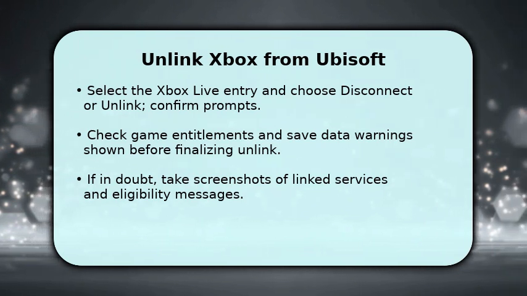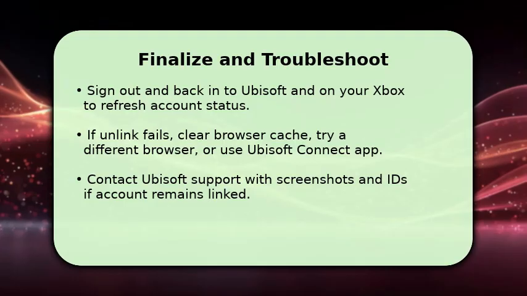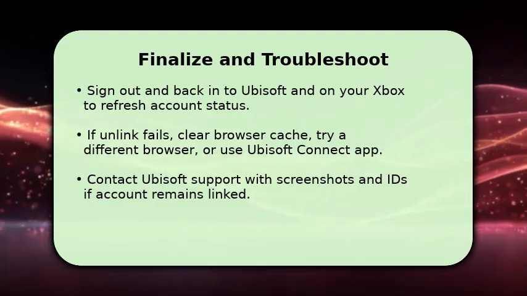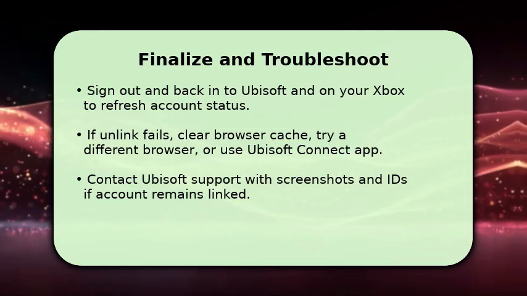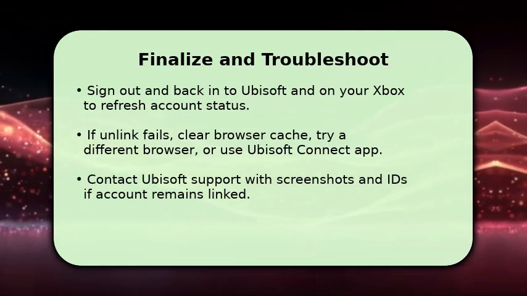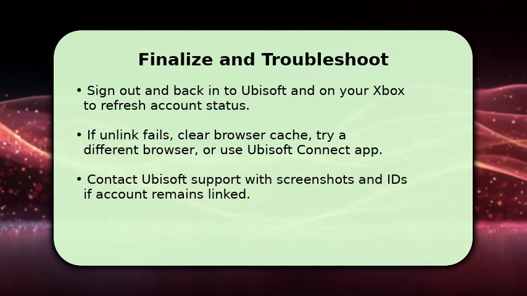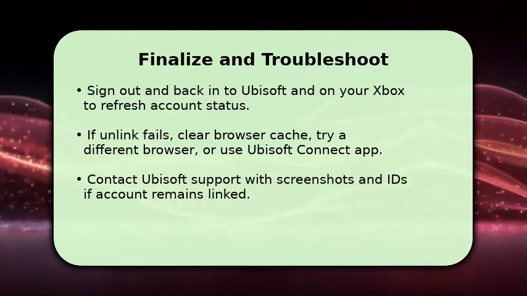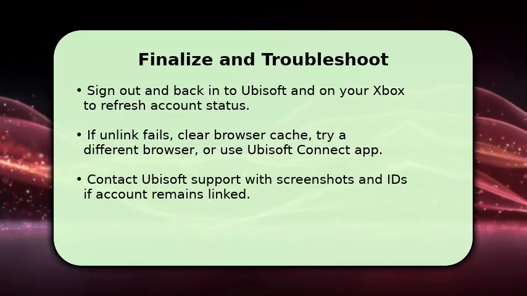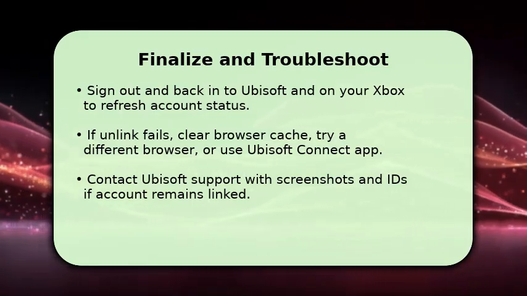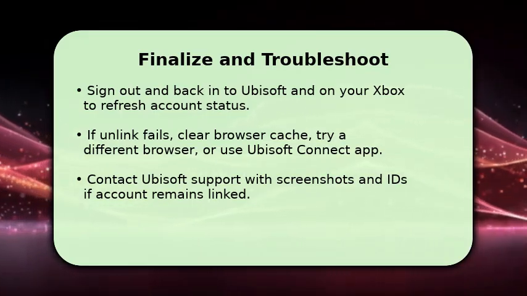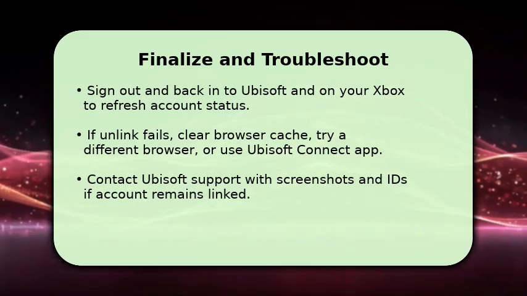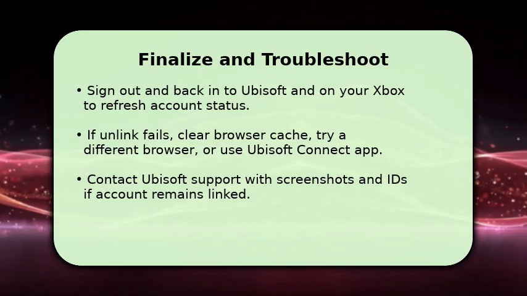Once the unlink completes, sign out of Ubisoft and sign back in, then sign into your Xbox to confirm the association is removed. This refreshes both services and avoids stale caches. If the unlink action fails or the Xbox still appears, clear your browser cache, try an alternate browser, or use the Ubisoft Connect desktop app to repeat the process. If issues persist, contact Ubisoft support with your gamer tag, Ubisoft ID, and screenshots showing the link. They can force the